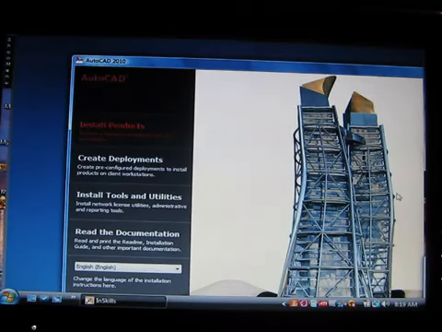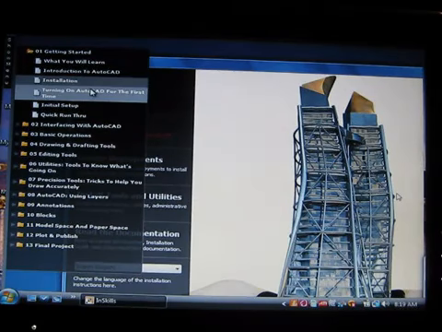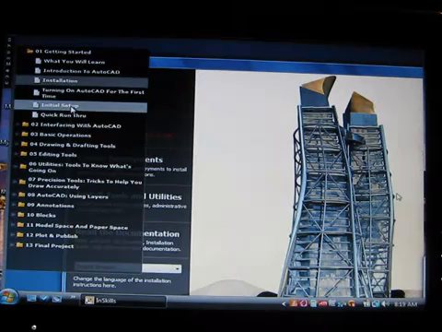This will be the first screen that you're going to see. Most of the questions they ask you are going to be very obvious, especially if you're doing just a regular install on your one computer. You can get very fancy with what you do in installing AutoCAD, especially when you have multiple users using multiple licenses of AutoCAD on a major network or in a big corporation. But for us, essentially going with all of the default settings